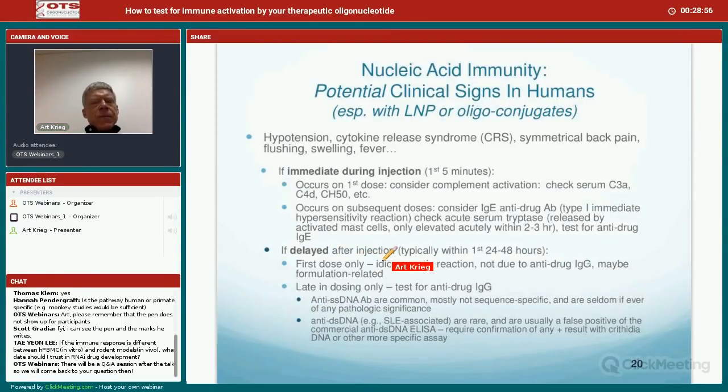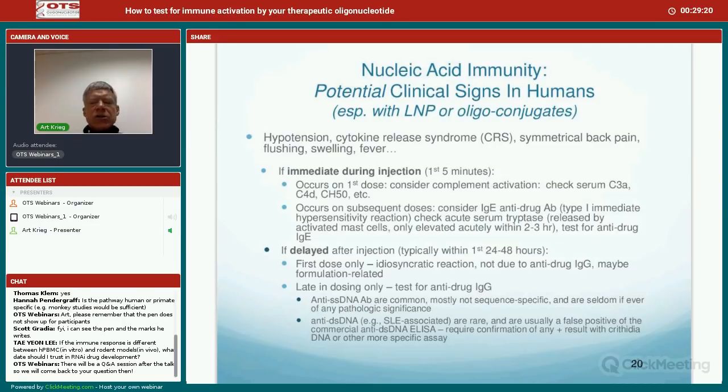Now, if it's just on the first dose, there's also what have been called idiosyncratic reactions. These can occur with monoclonal antibodies, with a lot of different biologics. They are not well understood, and usually they're just managed by slowing the infusion. And then later in dosing,